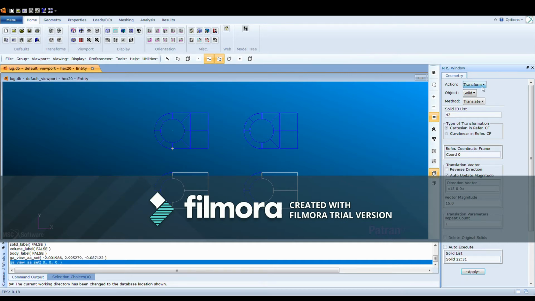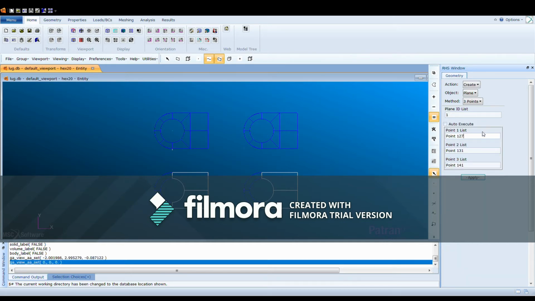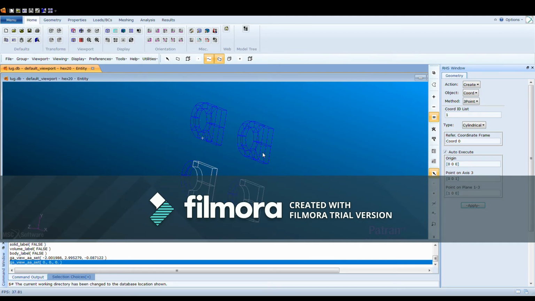Our next step is to create a coordinate system with 3 points, and it's going to be a cylindrical system. And the 3 points we're going to select are the origin, the point on axis 3, and the point on plane 1, 2, 3. So we're gonna go